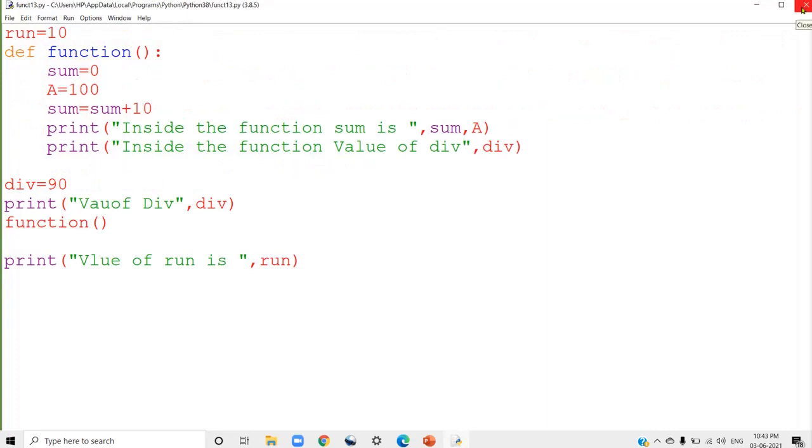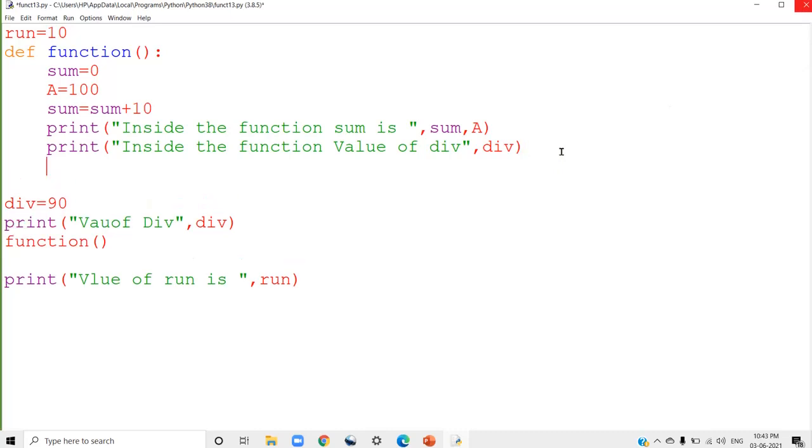And the next thing, global variable can be accessible inside the function or can be used inside the function. But we cannot change the value of the global variable inside the function or inside the local scope. Global variable value cannot be edited inside the local scope. So that means I cannot write a statement like this, div equal to div plus 10.